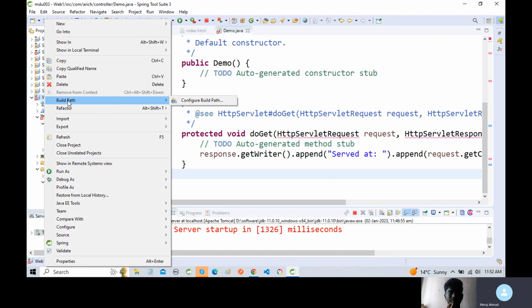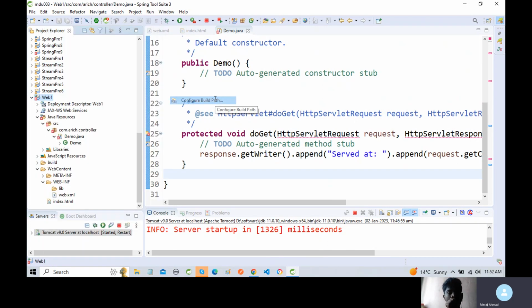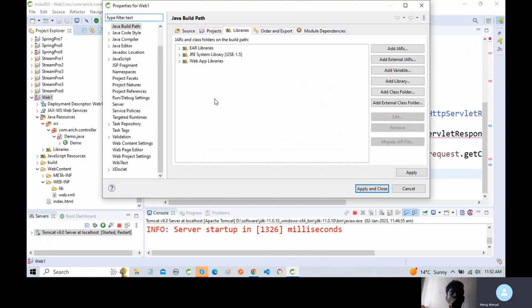Click on build path, then click on configure build path. Then you will get this screen. Here you will get a tab named libraries. Please click on libraries, then you will get multiple buttons: add jar, add extra